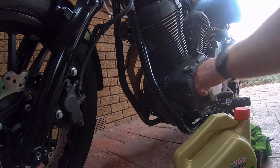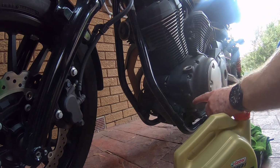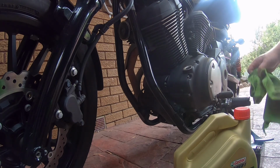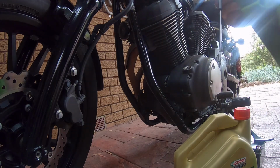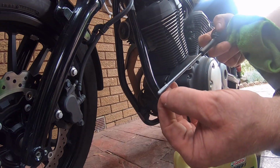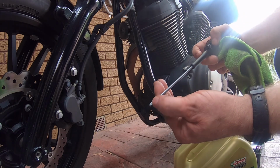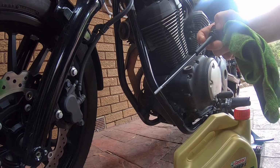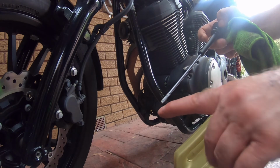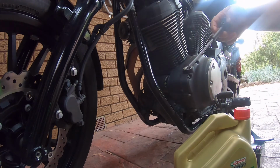The oil's drained out the sump, the filter's changed, new filter's on. Once you put the bolt in the sump, give it a clean up. Get your dipstick out. Your dipstick has your marks on it, so there's a minimum mark that it should be at, there's a maximum mark. Always try and have it up to the maximum, and it should go between oil changes without having to top it up. Anyway, this engine's pretty simple,